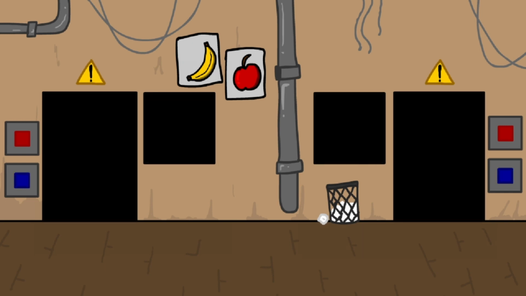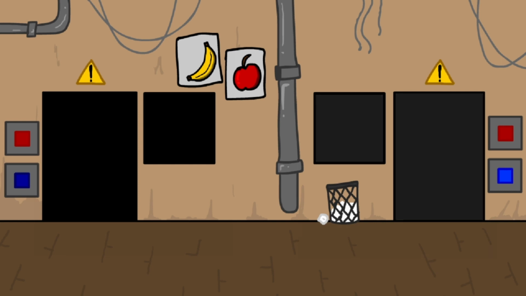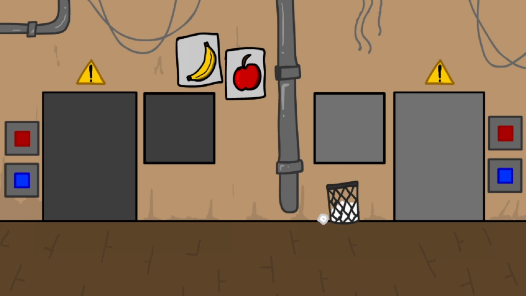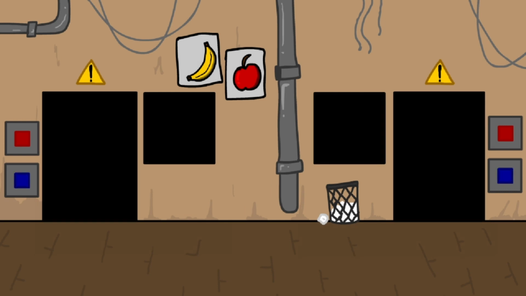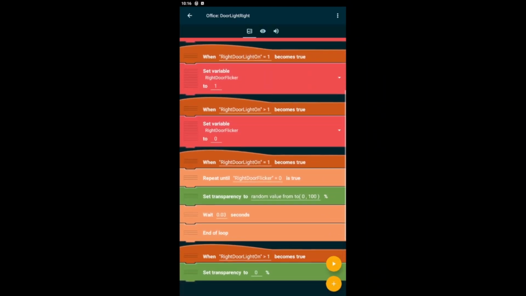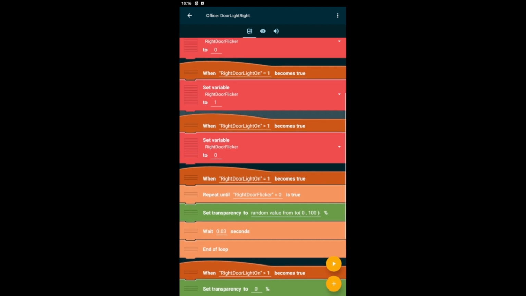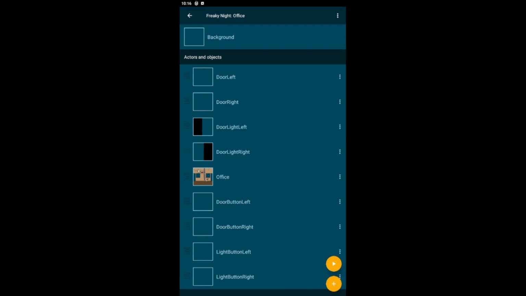But we don't want that because in the original game, when you turn one of them on and then you turn another on, the other one will turn off. And we're gonna set it to where it does that. It's because I didn't change this one. Uh, this one, because you can't see my mouse for some reason. So